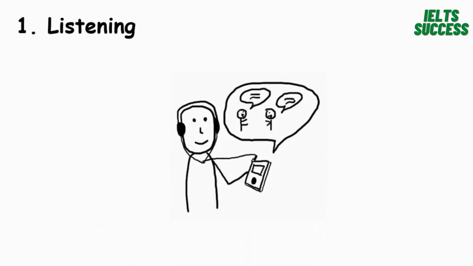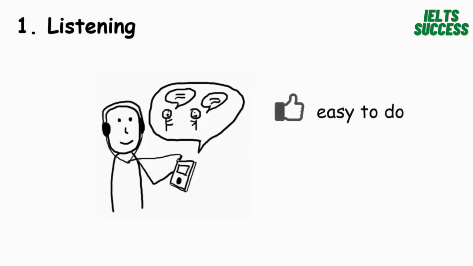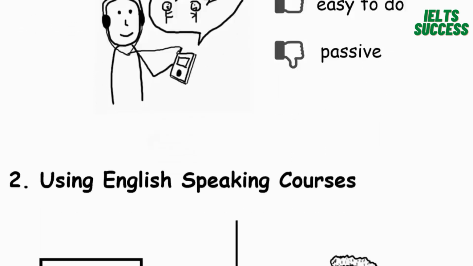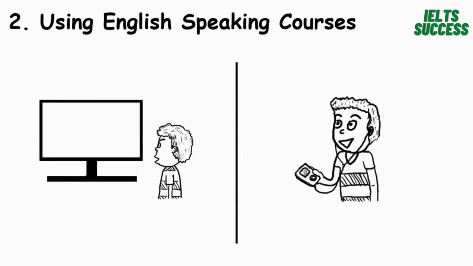The first method is listening. Just listen to English as much as possible. An advantage of this method is that it's easy to do. You can do it while stuck in traffic, while exercising, while waiting in line, and so on. But the main drawback of this method is that it's too passive. Listening alone is not enough. You have to combine listening with some sort of speaking practice. And that brings us to the next method, which is to